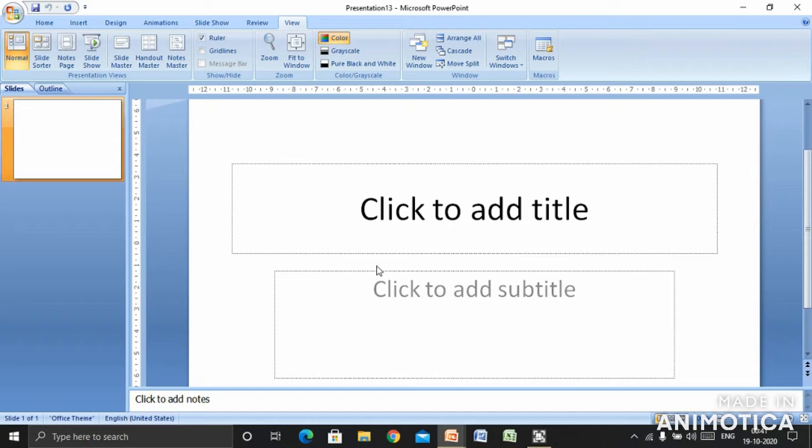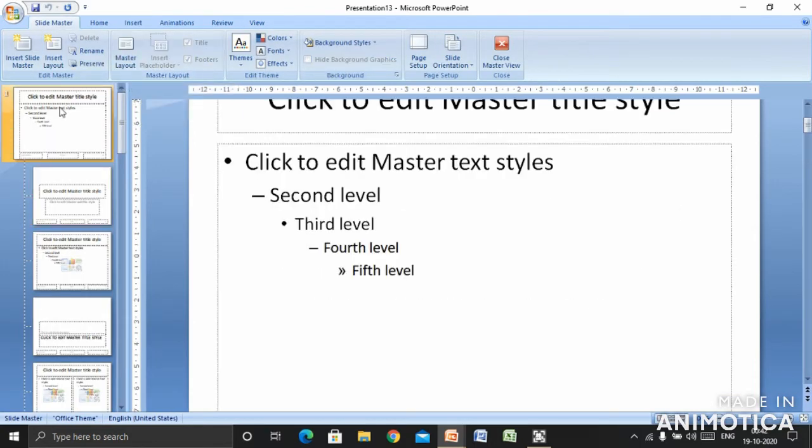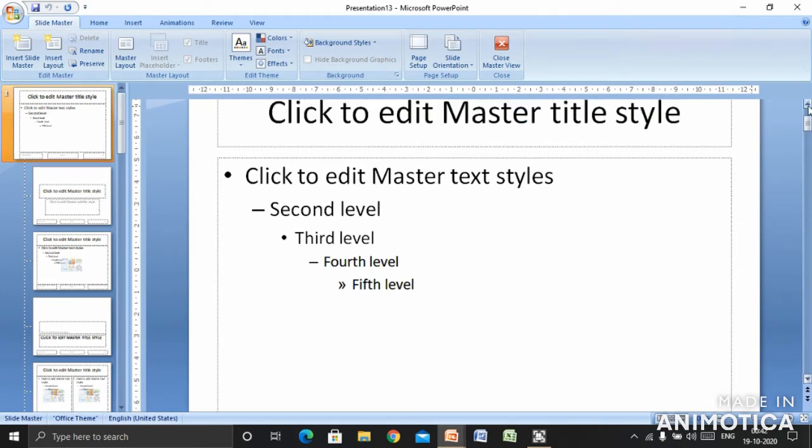Now we have to create slide master. Okay, how to work with slide master? Go to the view tab, click on the slide master button in the presentation views group. I will click here. Okay, now you can see here the slide master has been created. Now whatever the changes made in the slide master, I told you, it will be observed in all the slides attached to it.